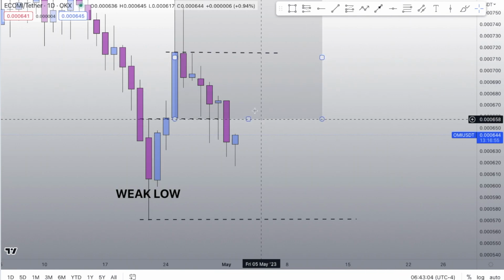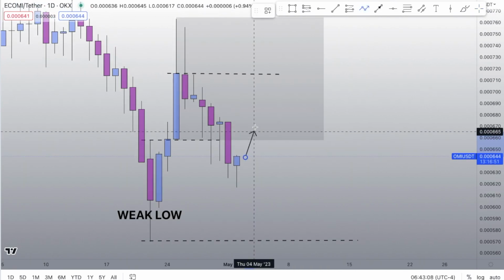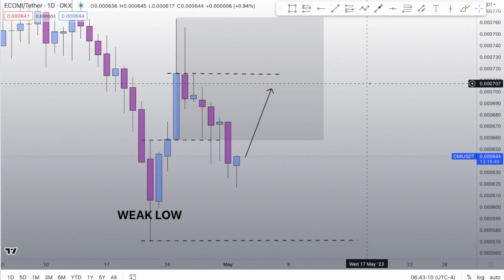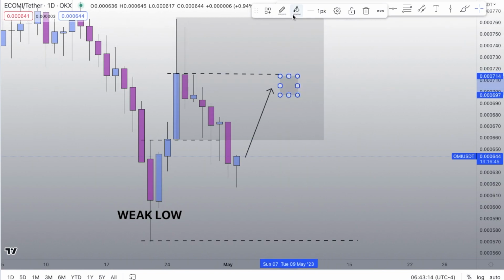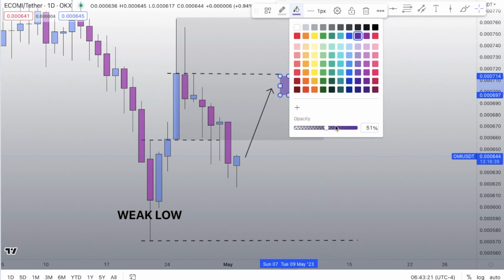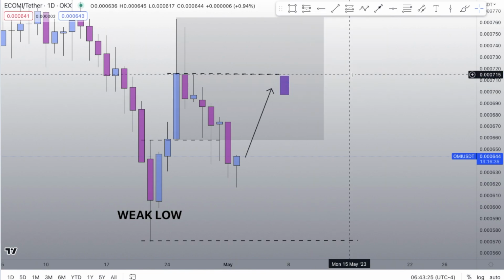What we can see right here is that there are two things that can happen. Price can actually reject and go towards the top side. The number one rule is this: the body has to close below this structure. Keep that in mind. Write this down in your notes, guys. The body must close below this structure. Let me put this in a different color, like purple, so you guys can see. So the body must close below the